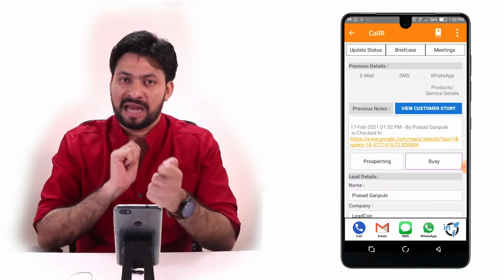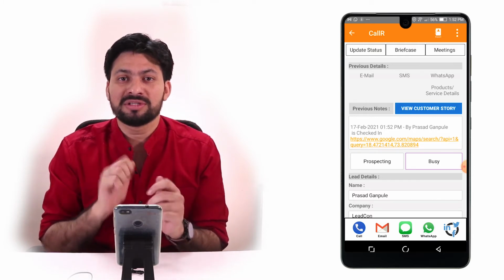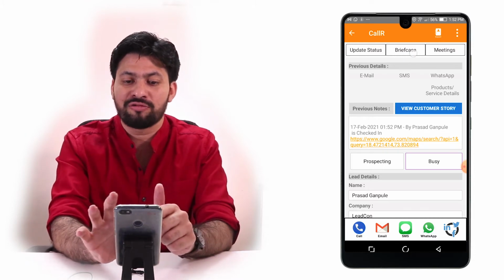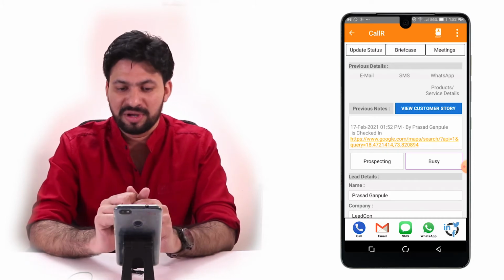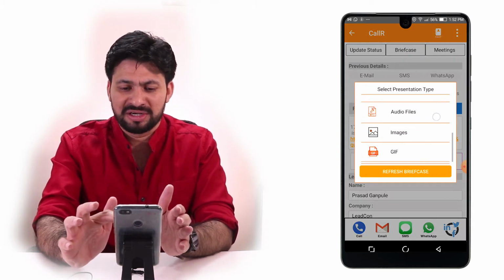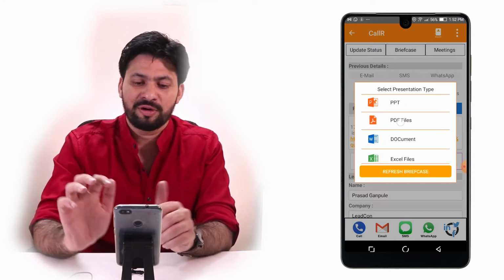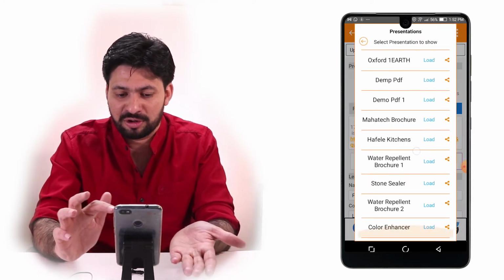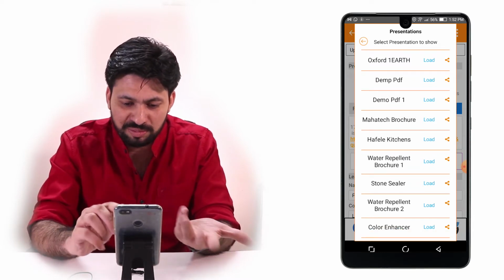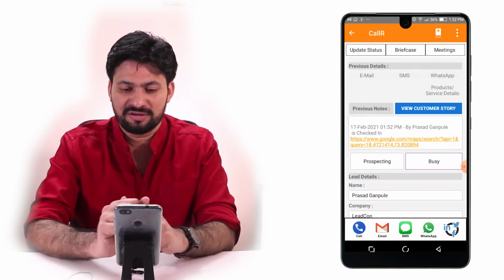Now the meeting is going on. In the meeting, it so happens that the customer asks us for certain marketing collaterals, and that's why we have offered the briefcase. I click on briefcase and you can see we have added all the different sets of documents and everything which are necessary for your marketing. If I want to share a certain company profile or a PDF, I can simply go there and choose a PDF to be downloaded or to be sent. I'm going to choose this demo PDF that we have created.